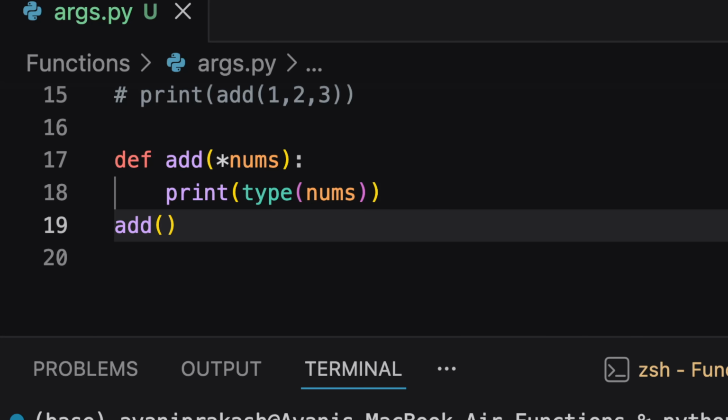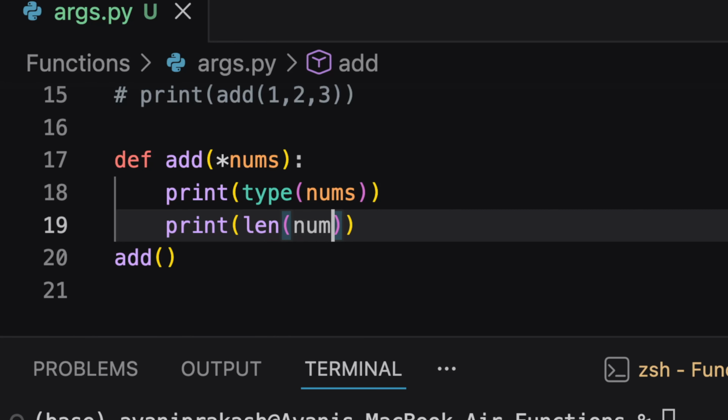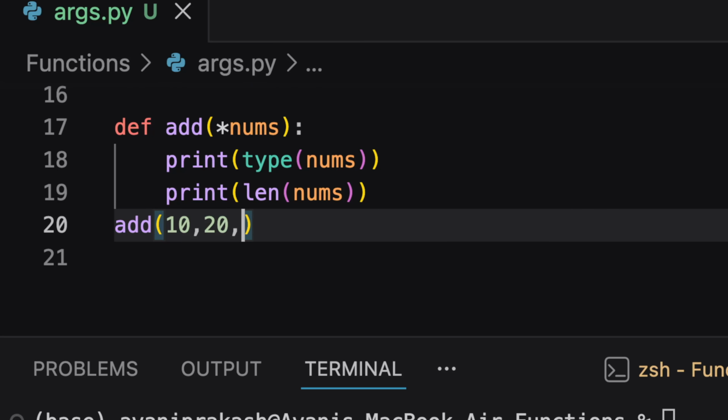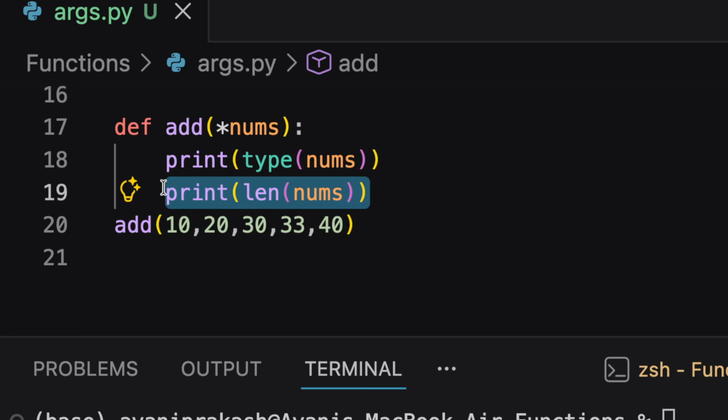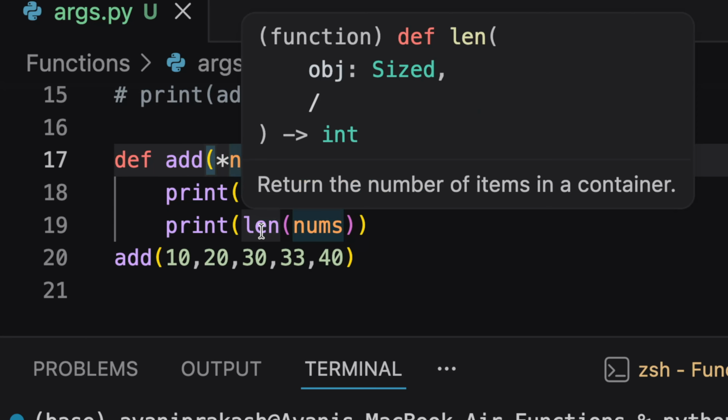Now that we know that it is a tuple class, we can do anything that we can do with a tuple, like finding the length of the arguments that have been passed, sorting them, or anything that a tuple can do. For example, if I come over here and simply write len(nums), and let me pass 10, 20, 30, 33, 40, and run it. I have put 5 arguments, so I should be getting output 5. Now here I am getting 5 because there are 5 arguments, and this star here is unpacking all those